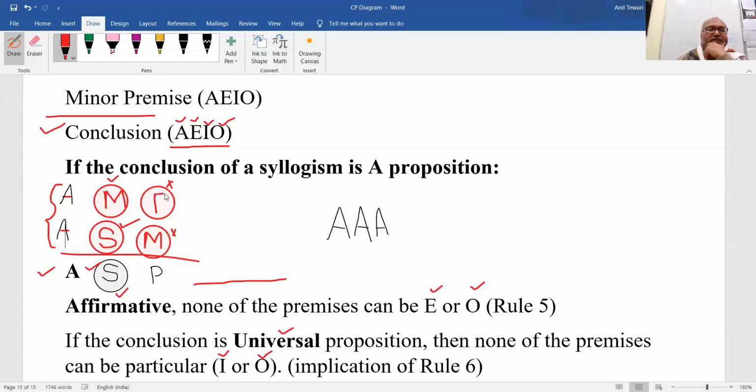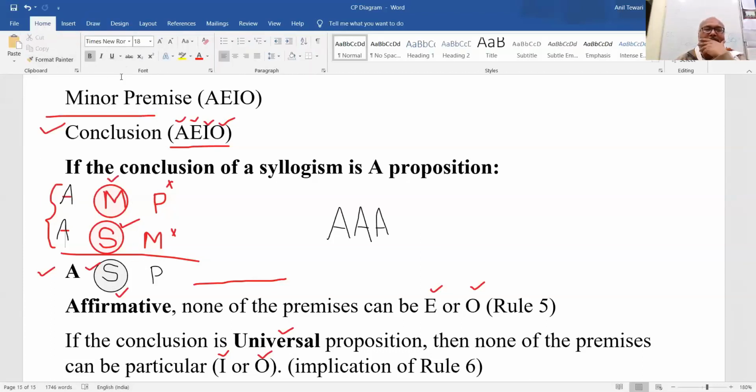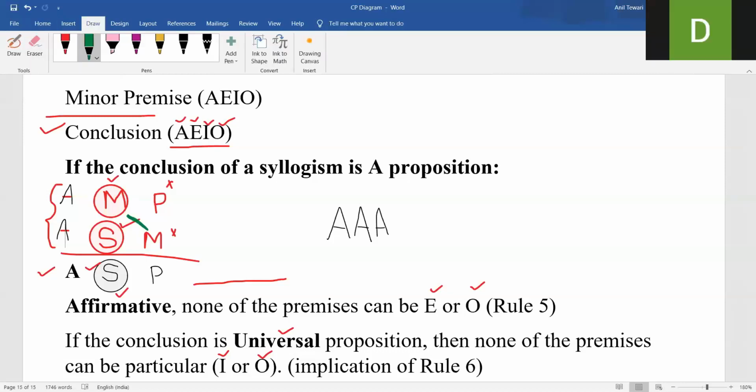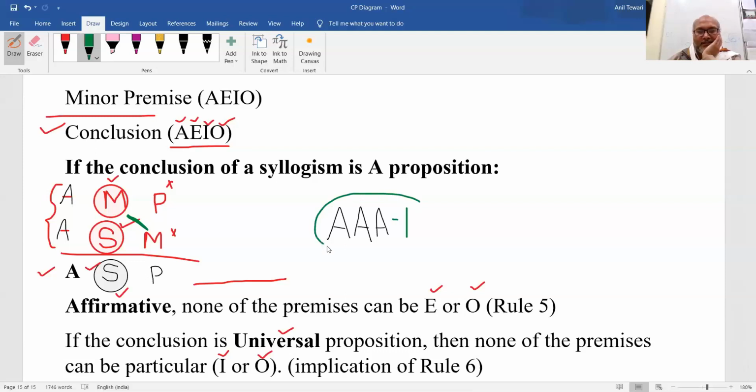Only this space. All right, this becomes the situation. ये जो आपने बना लिया इस तरह से, क्या फिगर बना इसका? इन फर्स्ट, सेकंड, थर्ड, फोर्थ कैटेगरी कौन सा फिगर है? ये कौन सा फिगर है? Sir, 1. So if your conclusion is A, you will have only this syllogism which is valid, and no other. Out of 256, you can have only this logical structure valid if your conclusion is A.